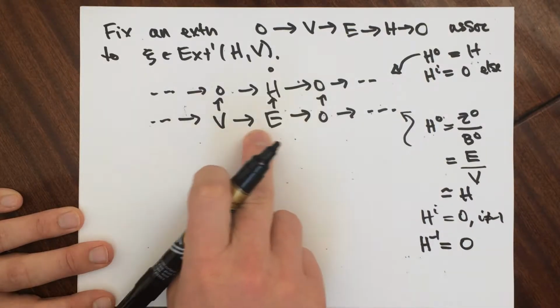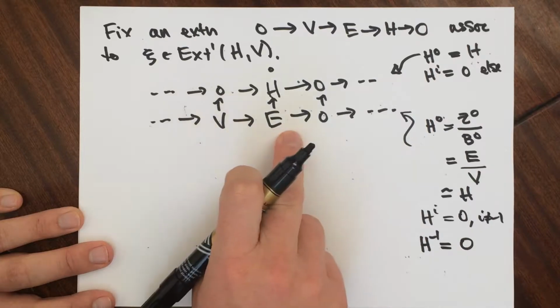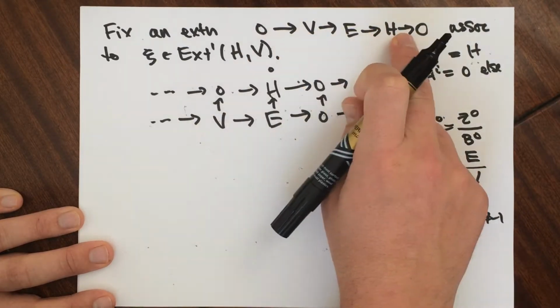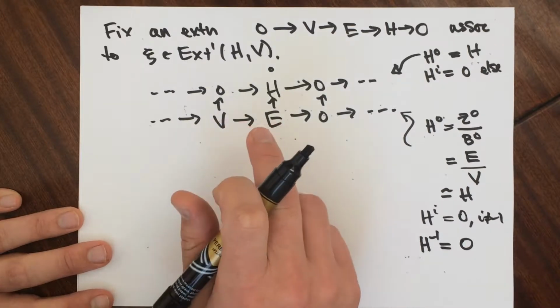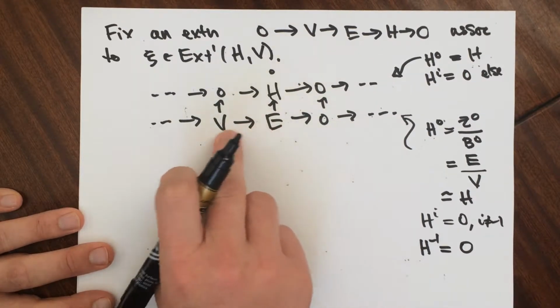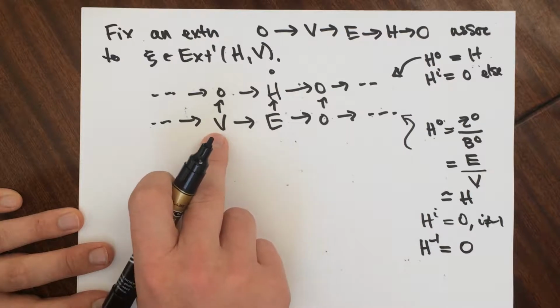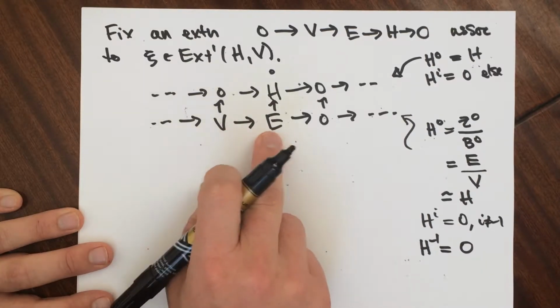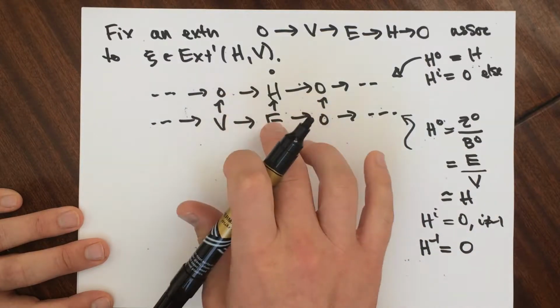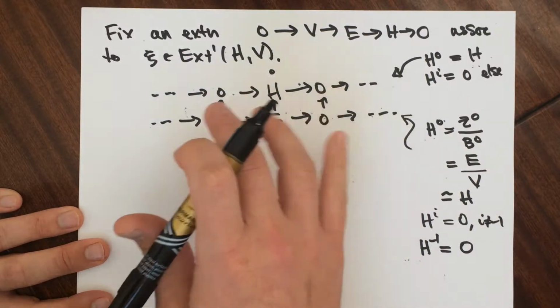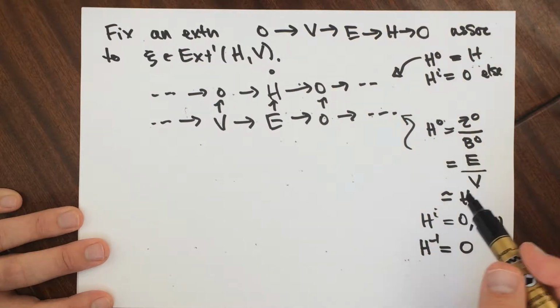Here, the kernel of this map, well, there's nothing. This map's injective. This is an exact sequence. So this is a monomorphism. Okay, so not necessarily injective; I guess we should say monomorphism since we're working in an abelian category. But we have this map here, and it's 0. Okay, so here we have this map, and this map's the 0 map, this map's the 0 map, and